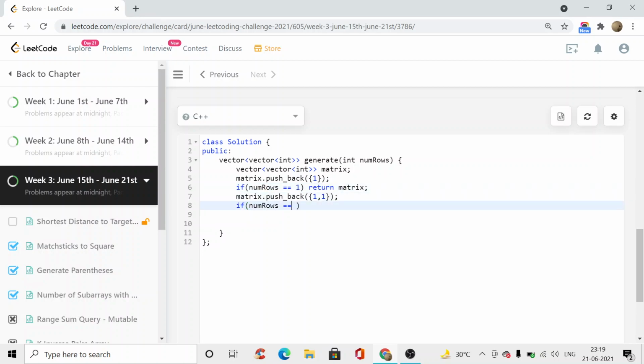Similarly, if numRows is equal to 2, we will return matrix. And finally, if it is more than 2, we will iterate that many times, from 3, i less than or equal to numRows, and each time